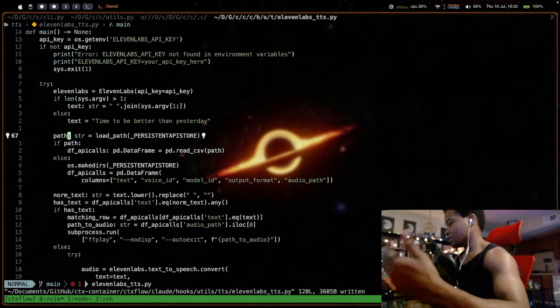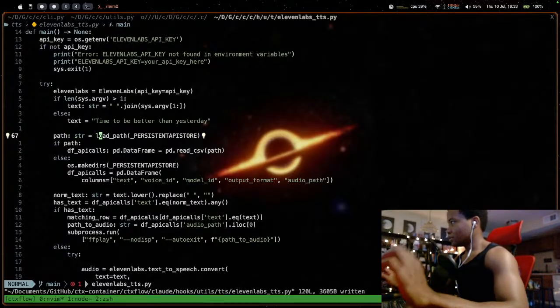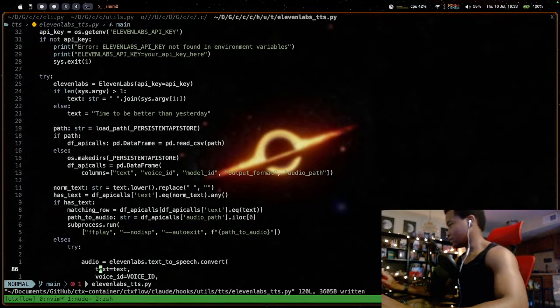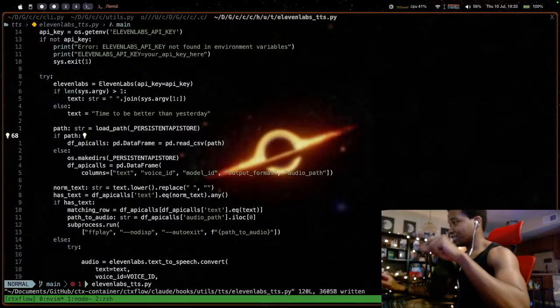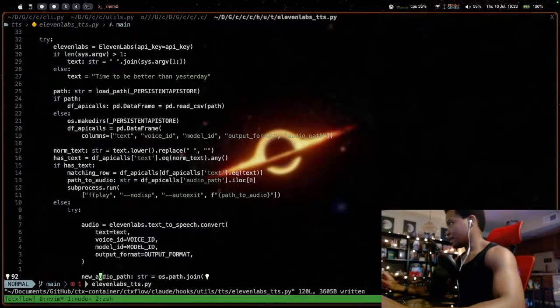I want to have the option that if the text is in there, it doesn't do the API call. Then path, string, just to the persistent store, which is basically the .CTXFlow folder, which I actually didn't do .config, but that'll be later. It doesn't really matter right now. It's literally just me using this. And then if path, df, API calls. So if there is a path, then we load in